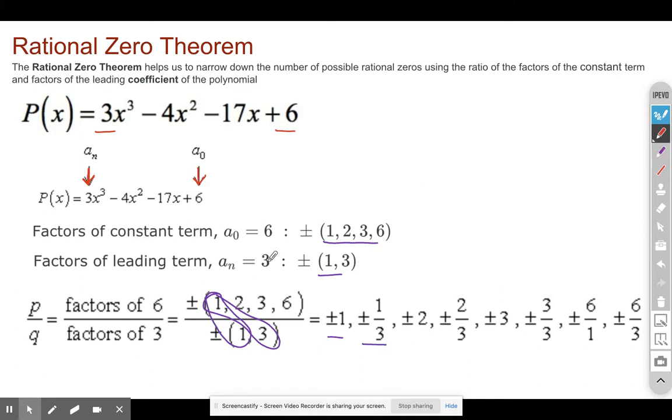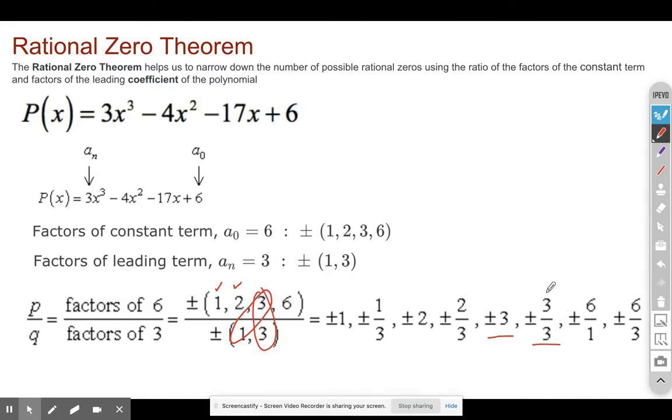Next, we're going to take the next term, which is 2, and divide the 2 by 1, and then divide the 2 by 3. So we get plus or minus 2, and then plus or minus 2/3. Now we're going to take the third term. We've already done the first, and we've already done the second. Now let's do the third term divided by 1, which is plus or minus 3, and then we'll divide it by 3. 3 divided by 3